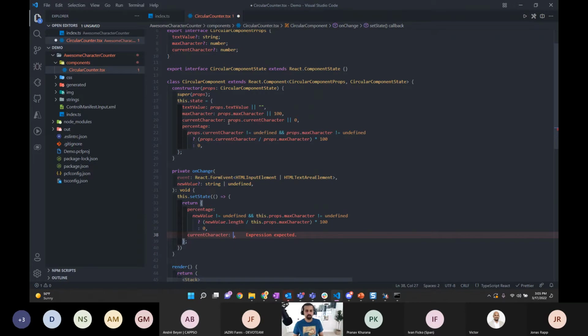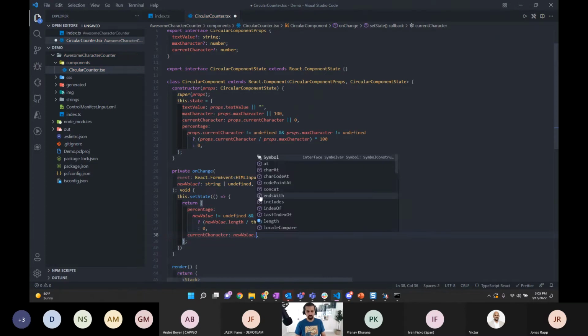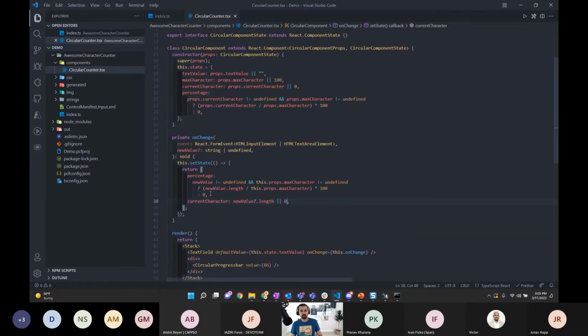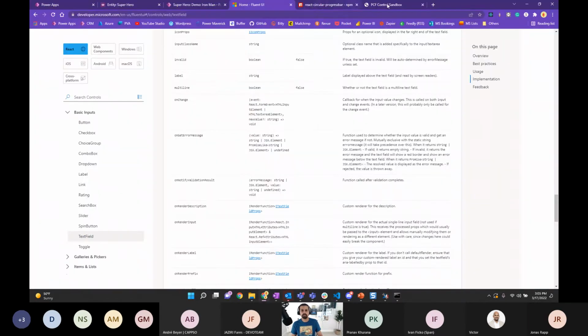Okay, current characters could be new value dot length. And it could be 0 as well, depending on that. So now whenever you're changing anything, if you go back here,